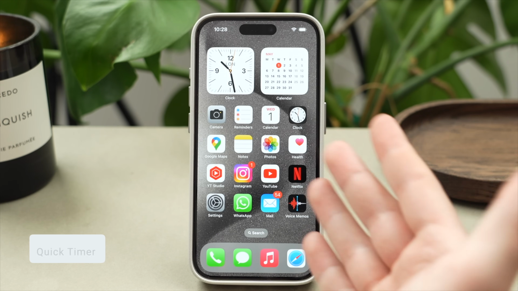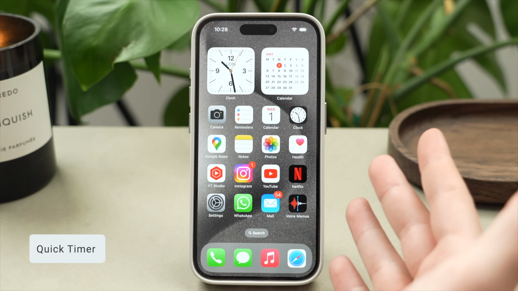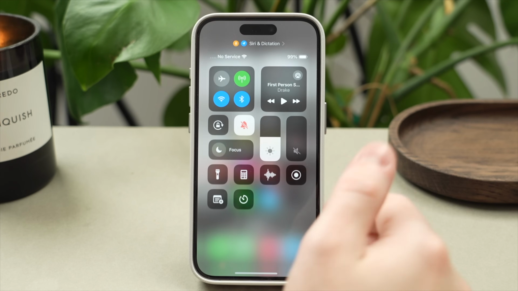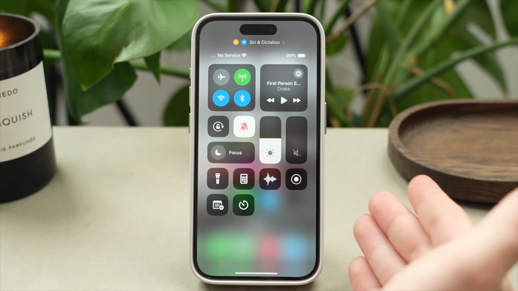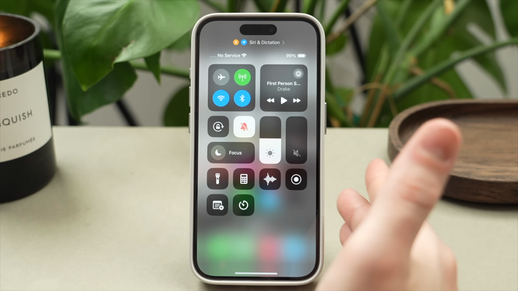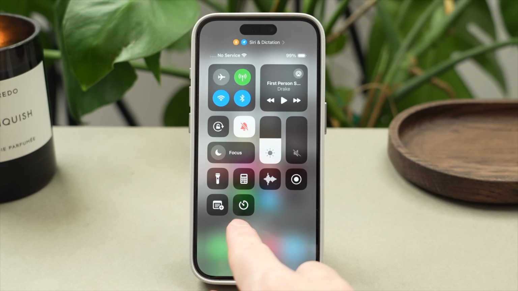The Control Center is a great way to access core system functionality on your iPhone in an instant swipe. So just swiping down from the top right gives you all this functionality right here. And this is really great, but it actually goes a level deeper. So for example, if you have the timer icon here in the Control Center, by the way, if you don't have this,